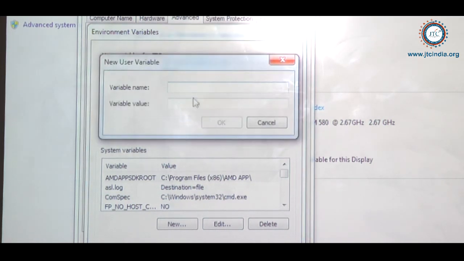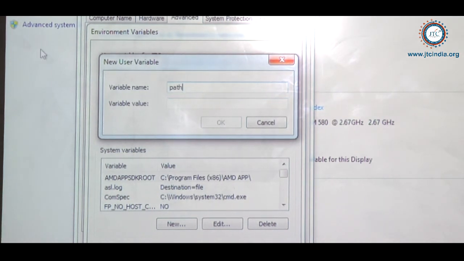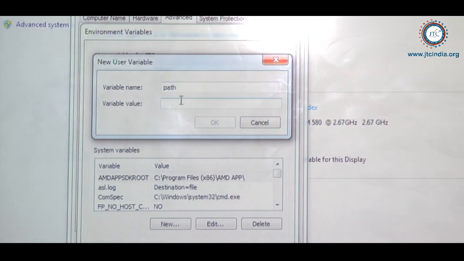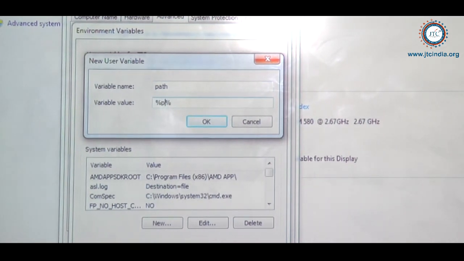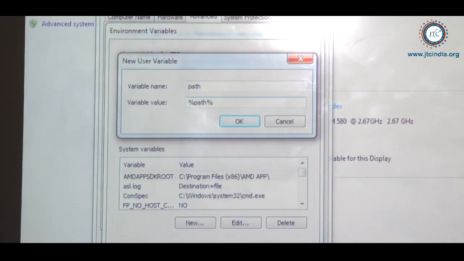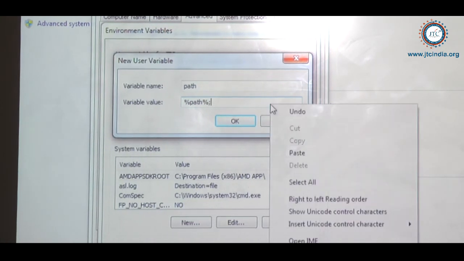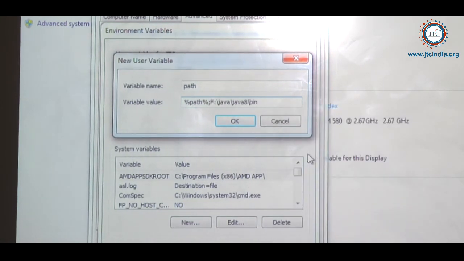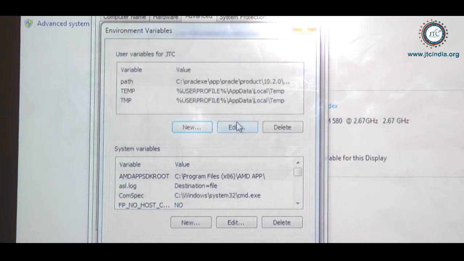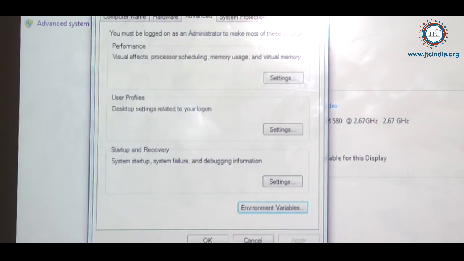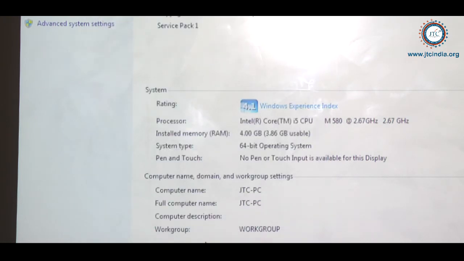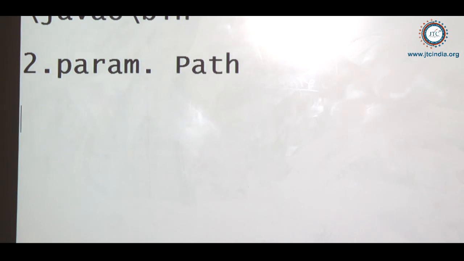Under the variable name I must write Path. Then I write %path%; and the bin folder location. After writing the bin folder location, I click OK. What is the meaning of %path%? That we will discuss later.